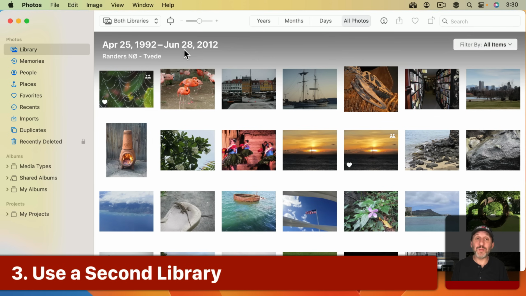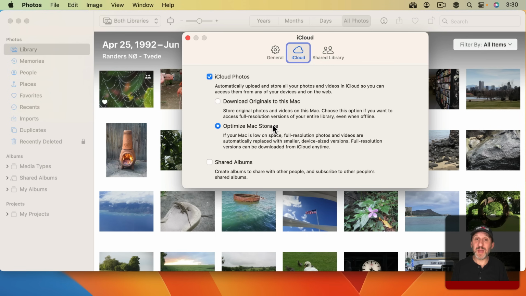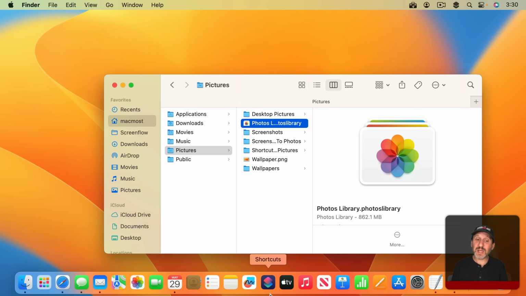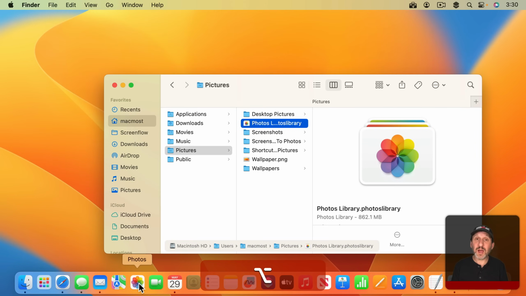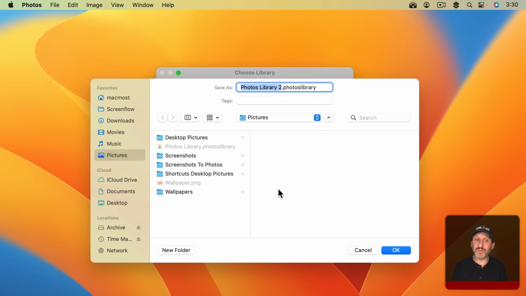Now this third option may work a lot better for you. So you've got this library here where you've got your settings to optimize max storage. So what you would do is quit Photos and then launch it again, but this time holding down the Option key. When you do that, you're going to get a list of libraries to choose from, and you can also create new. So create a new library, maybe call it Backup, and take this backup library and put that on